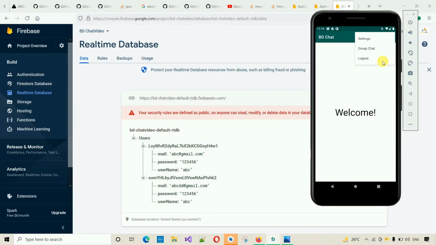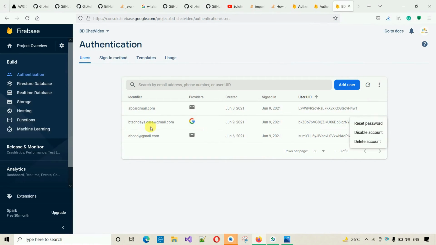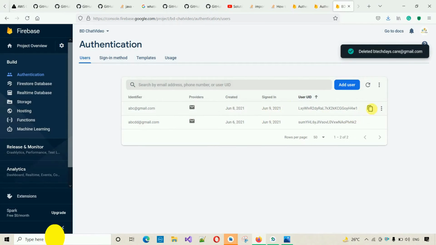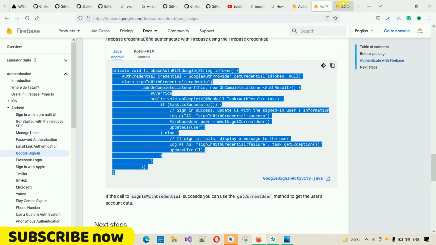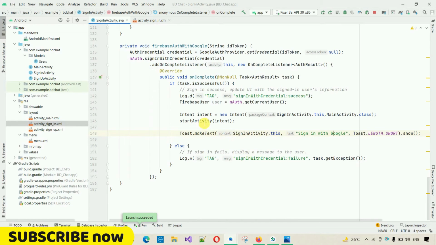So I'm going to log out for now and move back to the authentication. I'm going to delete this, that is btechdays.care. So I'm going to delete this one and delete this. Okay, so now this one is deleted. And if I move back into this one, okay, we don't need to code anything inside this one. Just move back to our app, and here inside this,